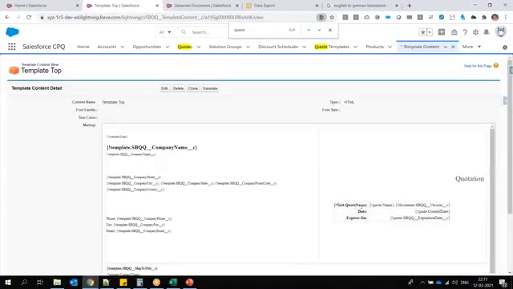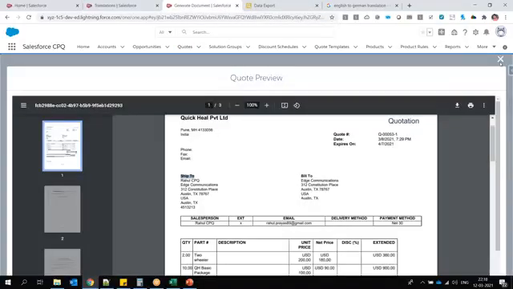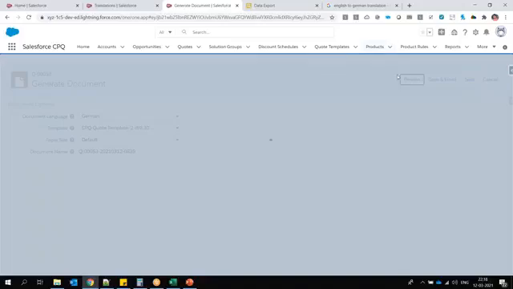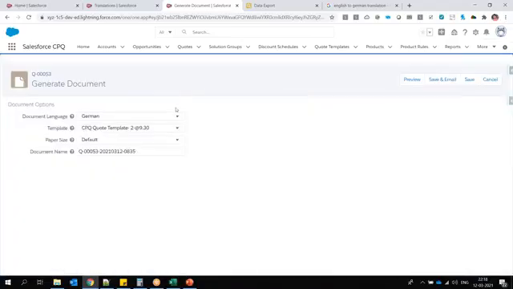So this is my variable, and if you now go to translation again, just to make sure, for this variable I added English text, for the same variable I added German text, right? So I have both the things. So let me go back and click preview again. So I should see that Zitat, whatever the Zitat is in German language, right? I can see that Zitat. But if I go to the English now,